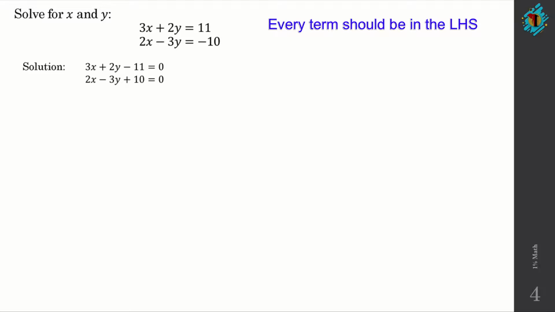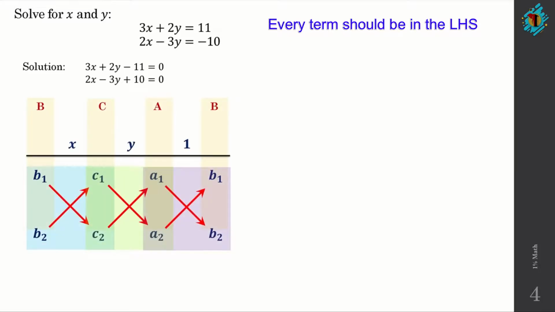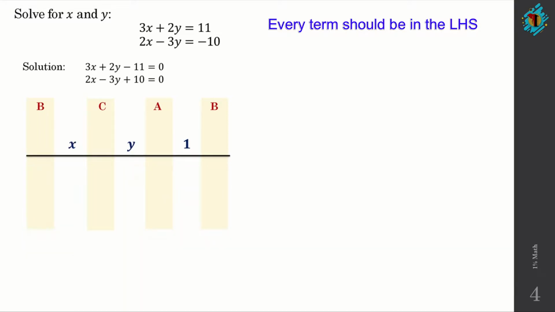Next, this step you all know, that we studied in the previous slides. So like this we have to arrange all the coefficients. As you can see, the first column is the coefficients b1 and b2, that is 2 and 3. Second column is c1 and c2, that is minus 11 and 10. And the third column is a1 and a2, which is 3, 2. And the fourth one is b1 and b2, it is again 2, minus 3. So what do you get? You can see here, this is what we get when we replace the coefficients.